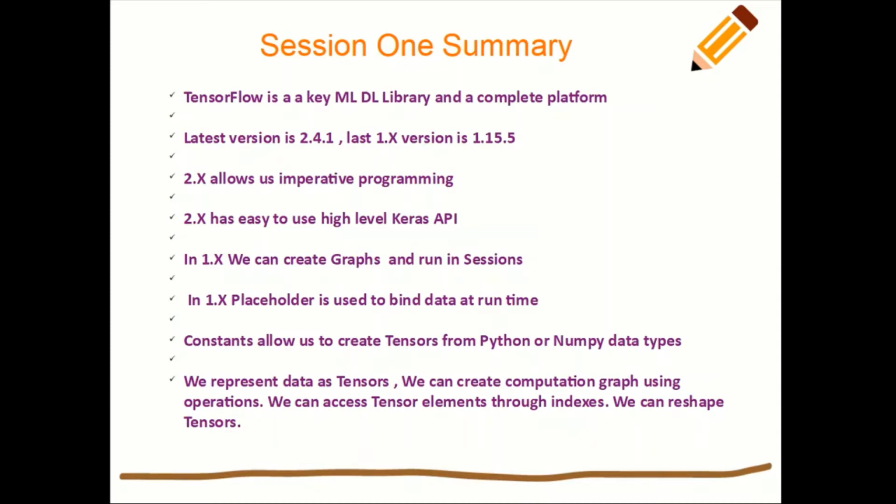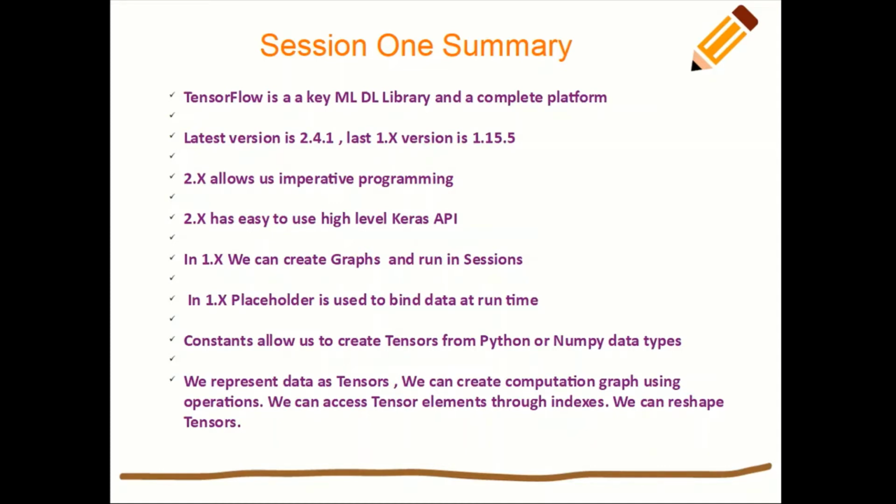In version 1, we had the concept of symbolic programming, that is running the graphs in a session and giving inputs through placeholders. We also discussed that constants help us create tensors from other data types like Python and NumPy. We use tensors to represent data flowing through a series of operations.